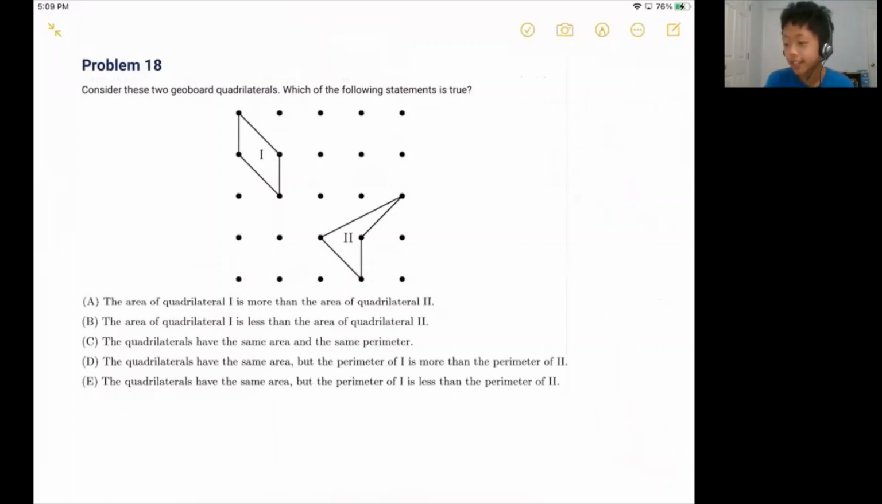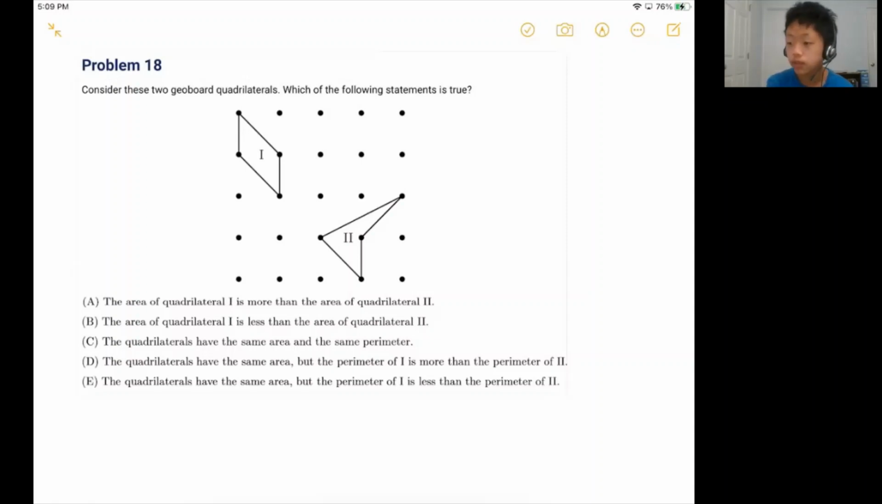So question 18 is, I don't know, it's more of like a comparison question. I don't really know what to say. It's more like kind of algebra, kind of geometry, I guess. I guess you can say it's a geometry question. So we have these two quadrilaterals, and we're basically just asking, let's compare the areas and the perimeters of